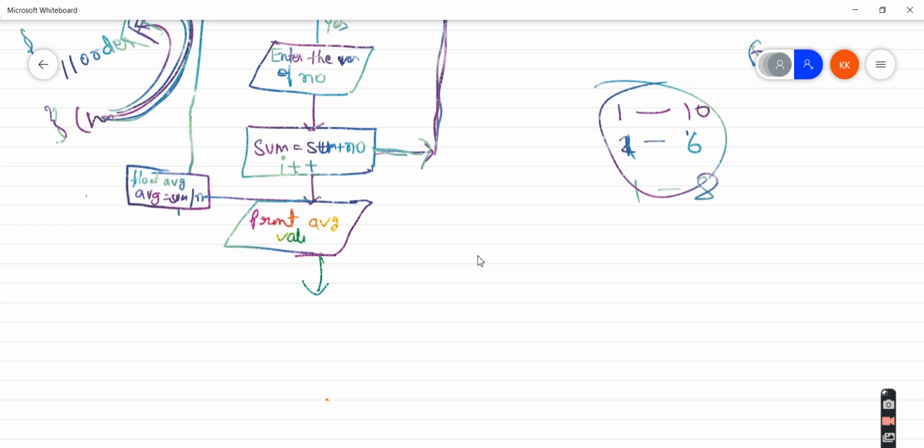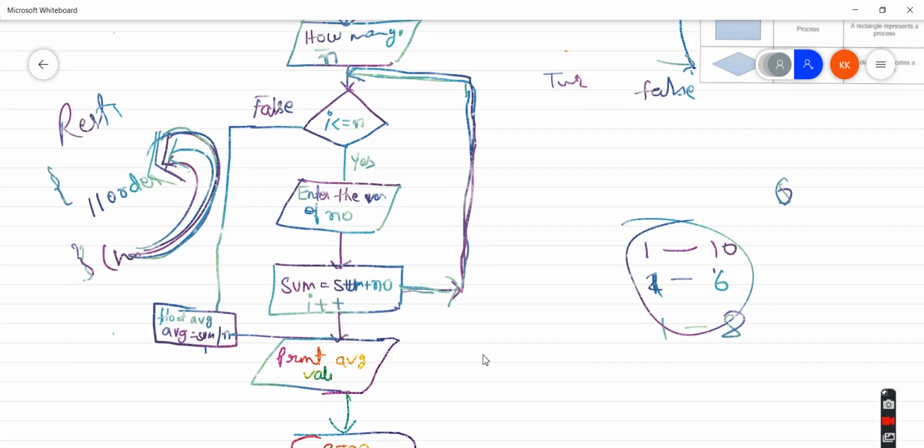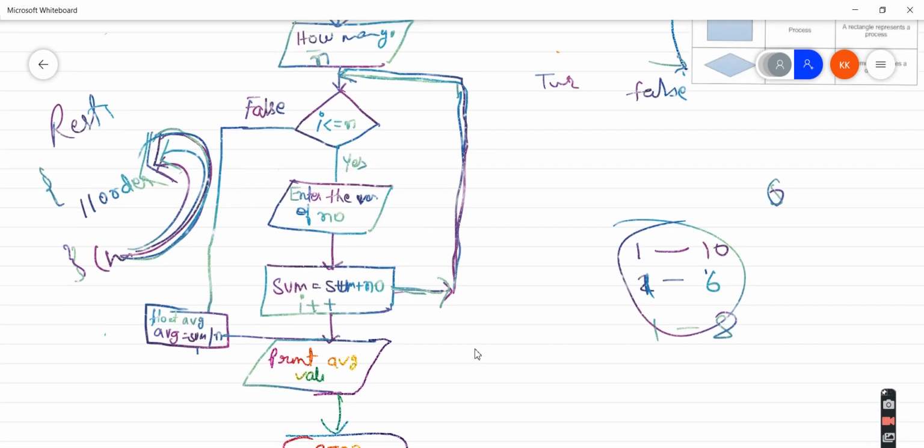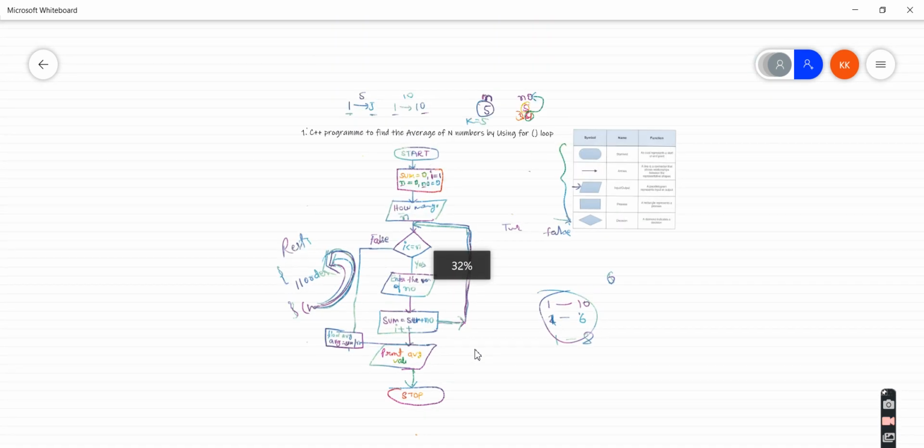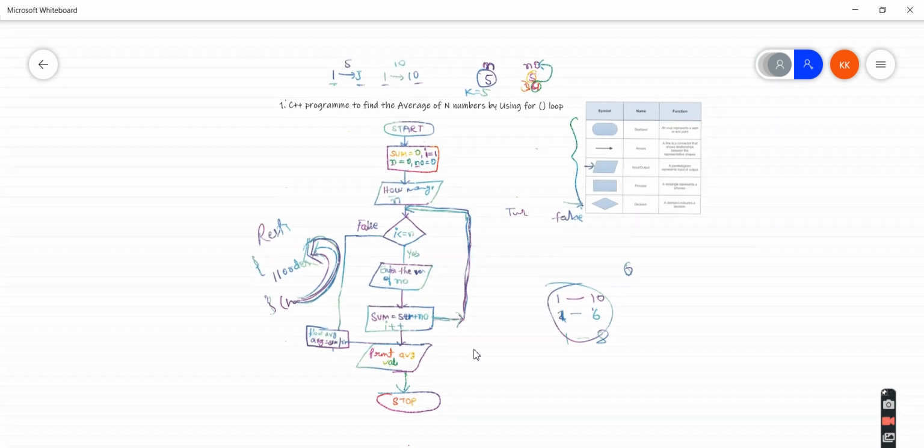Have we used any other symbols for the for loop?